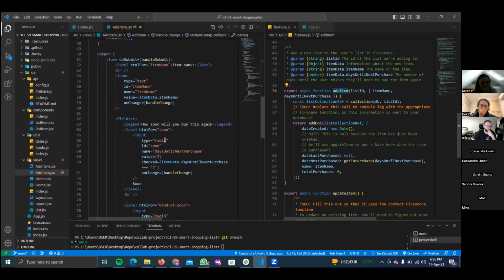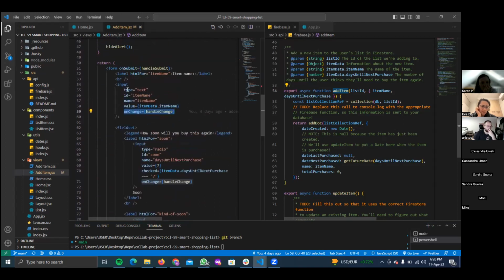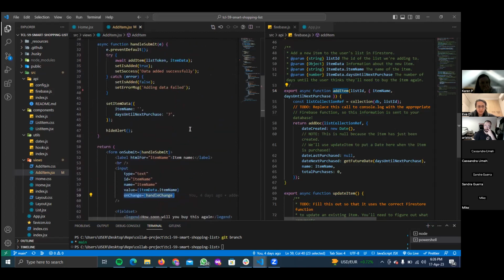And so we're able to manage the onChange states for the two fields, which are the name and the radio buttons.